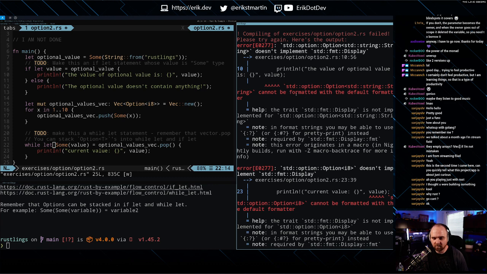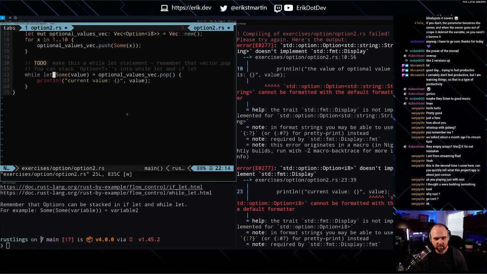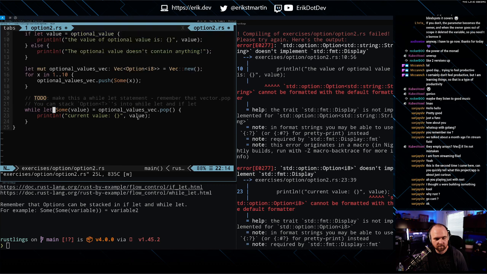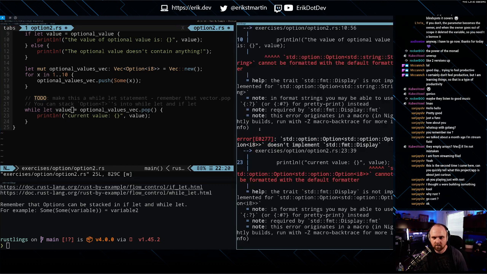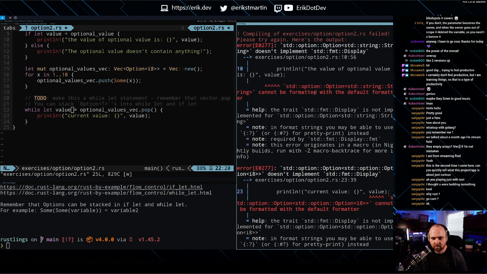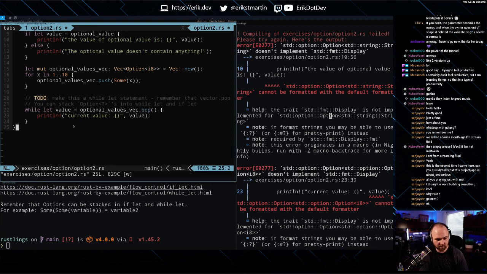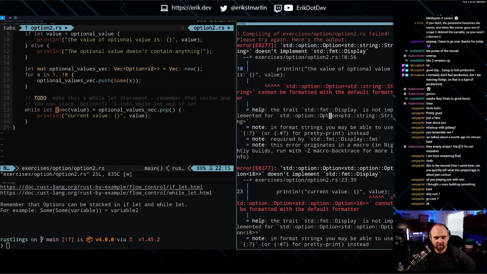Cannot be formatted with a default formatter. Okay, so this is the option that it's saying it can't be. And what was the other thing it was complaining about?